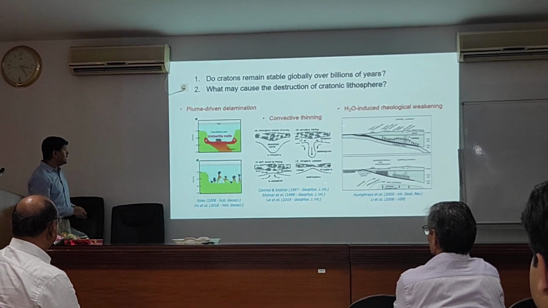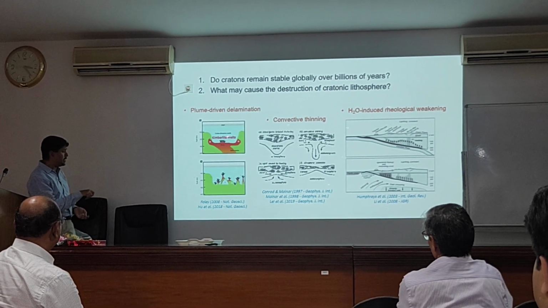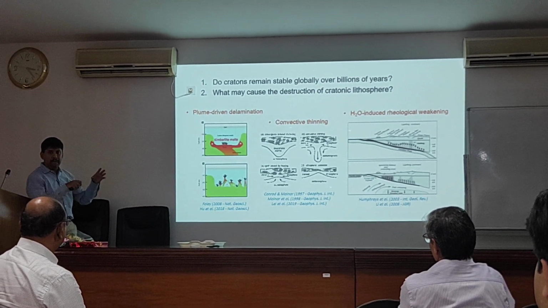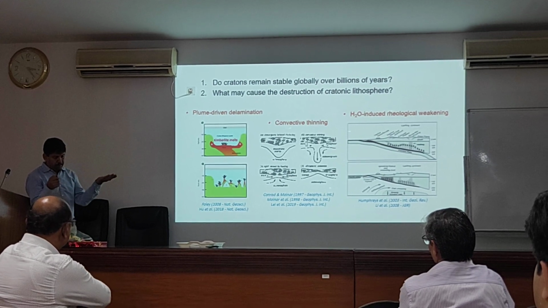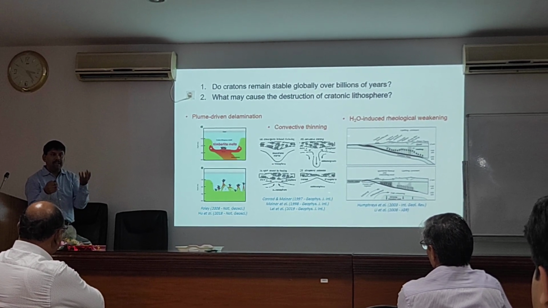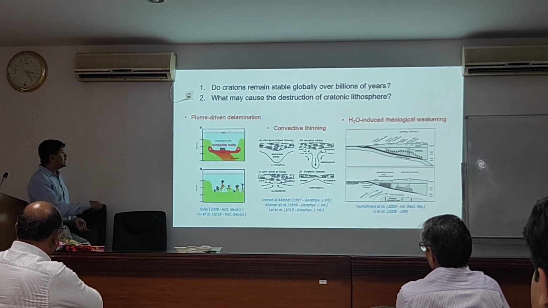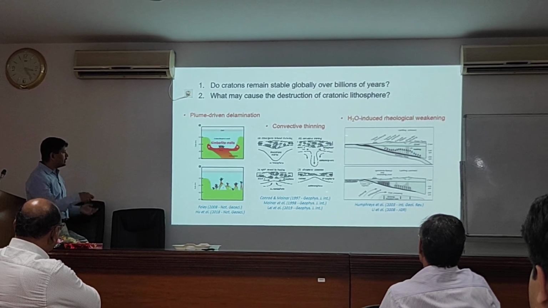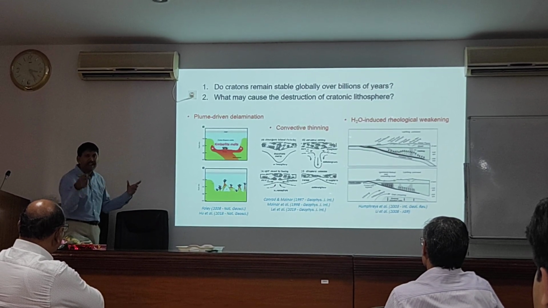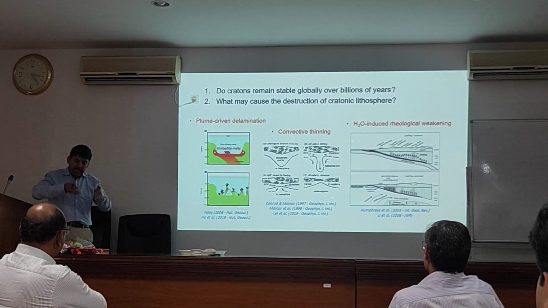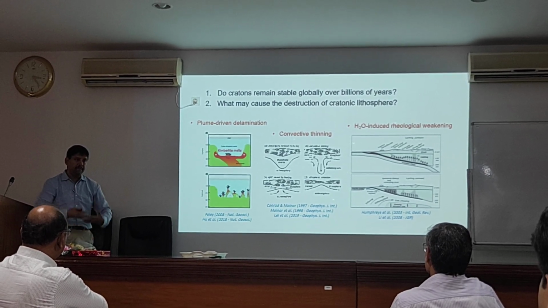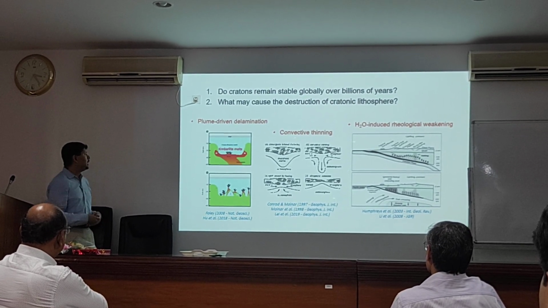There are many different ideas, such as metasomatism, or basaltic underplating, or melt underplating, that makes the base of the lithospheric mantle relatively dense, and eventually it founders. There are ideas related to tectonics, perhaps a convective thinning. Sometimes you compress and then eventually it gets so deep that it becomes dense and then falls off, like Peter